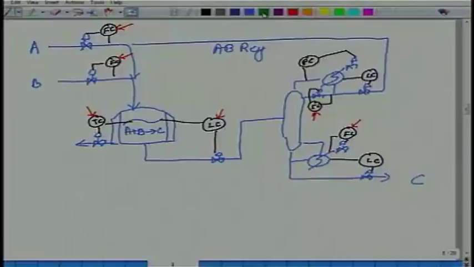Of course there is a set point associated with this, there is a set point associated with this, there is a set point associated with this, but these 2 level set points do not affect the steady state. Also the pressure is fixed because you want to operate at the design pressure of the column. So these 3 in green are not really steady state degrees of freedom, the red are the steady state degrees of freedom, okay.